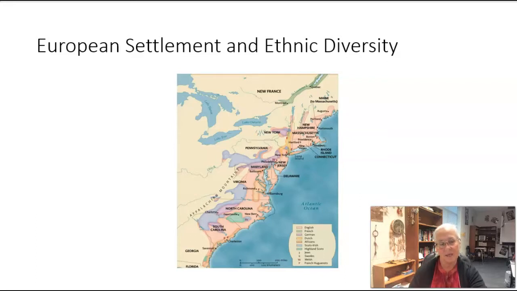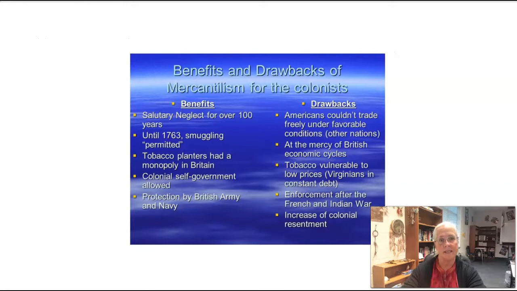Now, as I talked about at the beginning of class, this is the time of mercantilism and the time of the Navigation Acts. But at this time, England is going to practice something called salutary neglect. They're not going to enforce the Navigation Acts. And so the colonists at this time are not really going to complain too much about the Navigation Acts and any kind of trade restrictions, because to a large extent it's going to help their economy and not hurt their economy. So the next slide I want to show you is one that shows you the benefits and the drawbacks of mercantilism for the colonists.